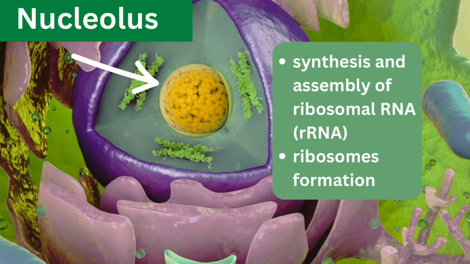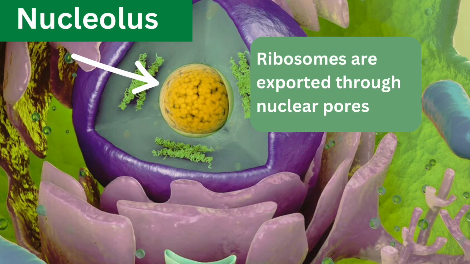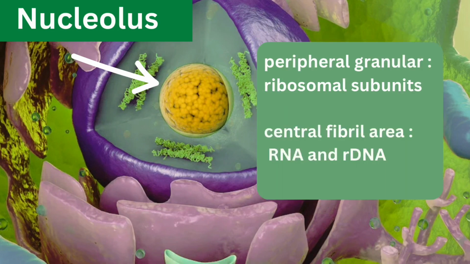The nucleolus plays a major role in synthesis and assembly of ribosomal RNA and ribosome formation. The ribosomes are assembled and are exported to cytoplasm through nuclear pores. Nucleolus consists of two regions, peripheral granular area and central fibril area. Peripheral granular area is composed of precursors of ribosomal subunits, and central fibril area consists of larger molecules such as